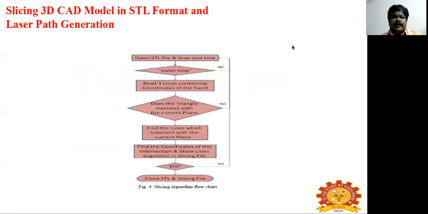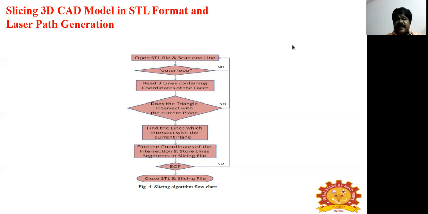Then here we open the slicing of the 3D CAD model in the STL file and laser path generation. First we open the STL file and scan one line, then we go for the outer loop, then we read the 3 lines containing the coordinates of the facet. Then we check whether the triangle intersects with the current plane, that is, find the lines that intersect with the current plane.